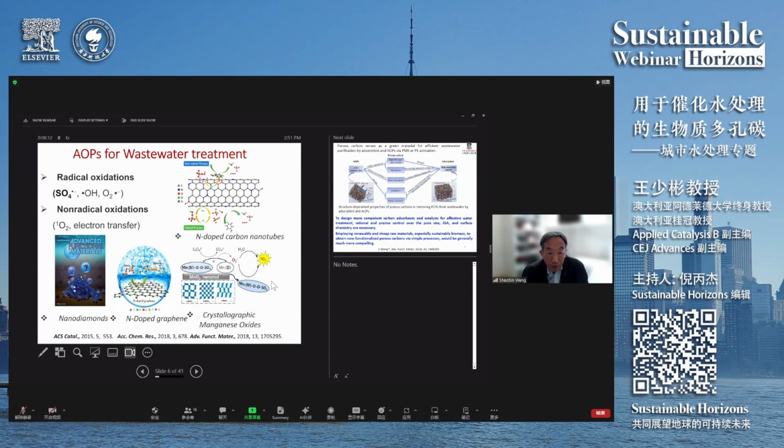We found that the activity of the carbon depends on the structure of the sp2 and sp3 carbon, and it also depends on the nitrogen doping, and also the surface functionalities. So for all those different carbon systems, we need to have very good carbon structures, and also very good doping into such a system so that we can optimize